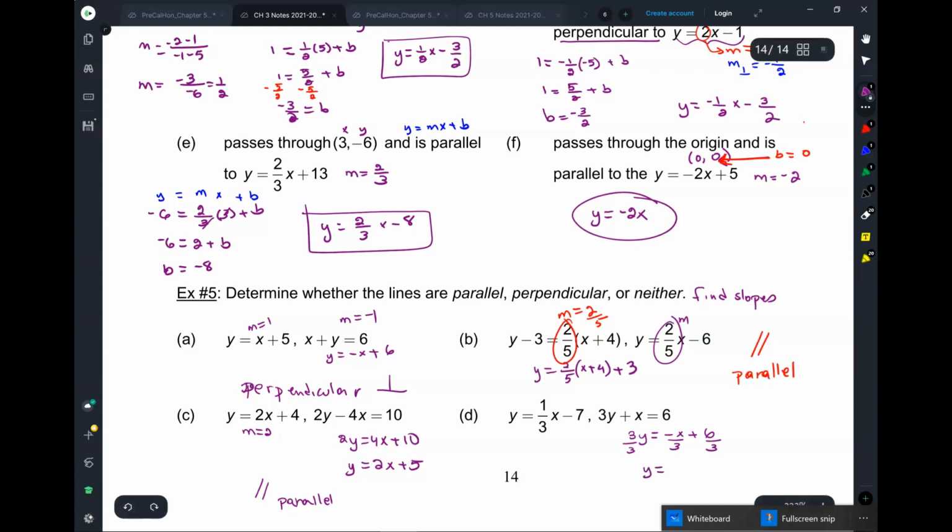So y is negative x over 3. Another way to write that is negative 1 over 3 x plus 2. Okay, so what are these things? Here the slope is 1/3. Here it's negative 1/3. Neither. They're nothing to each other. All right. Okay, so that's the lesson, and now you can do the